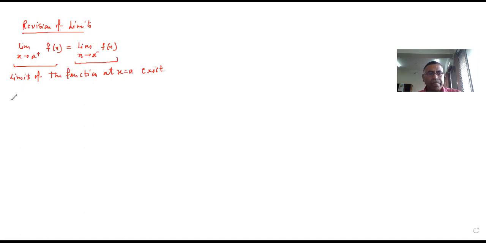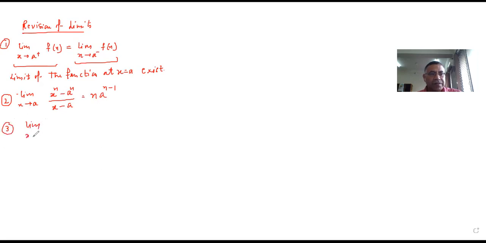Now, there are a few theorems on limits. Limit x tends to a, x raised to power n minus a raised to power n upon x minus a, is equal to n a raised to power n minus 1. This is the first result. Now the third result is